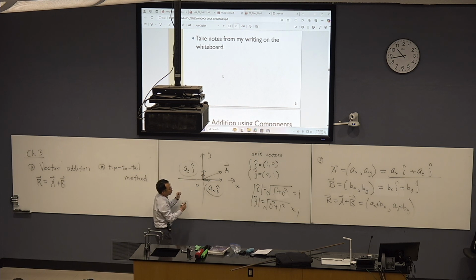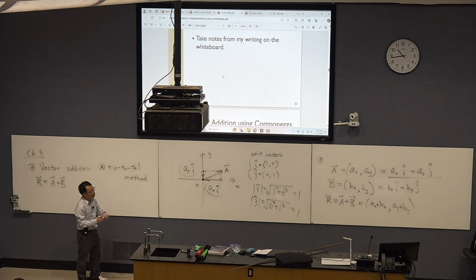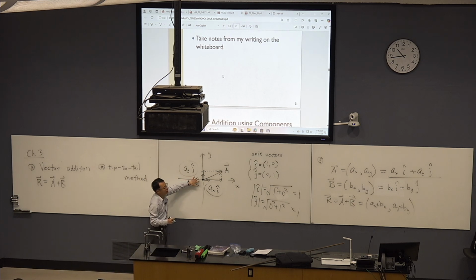The first thing you do is complete the parallelogram like this. But here, of course, it's a rectangle. Use a virtual dashed line to complete the parallelogram. Then you draw a diagonal vector from their common vertex all the way to the opposite vertex of that rectangle, and that will give you your vector A. So that's what we mean by vector addition.